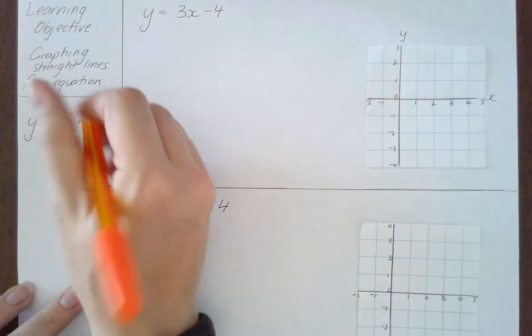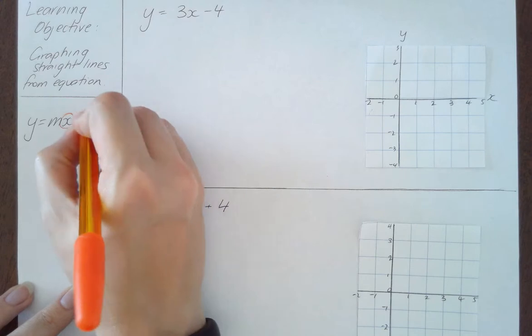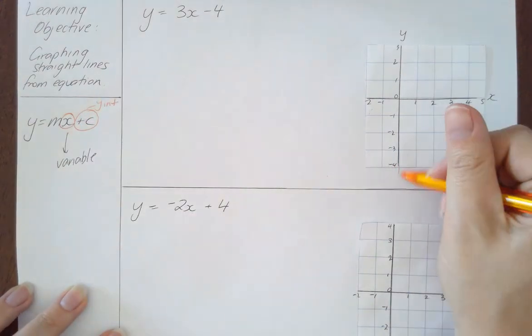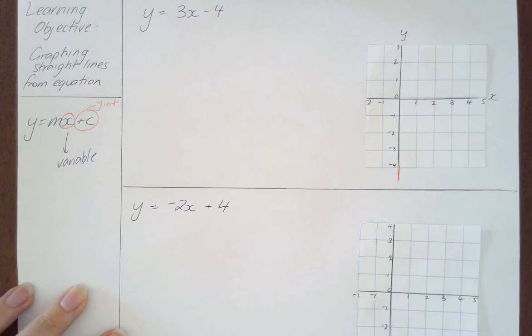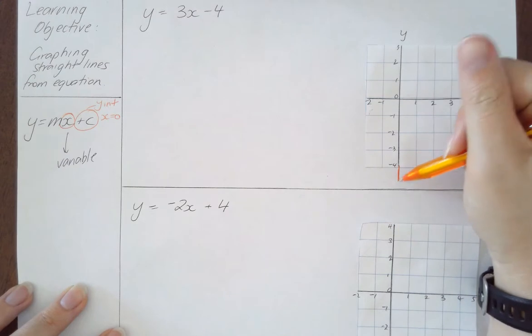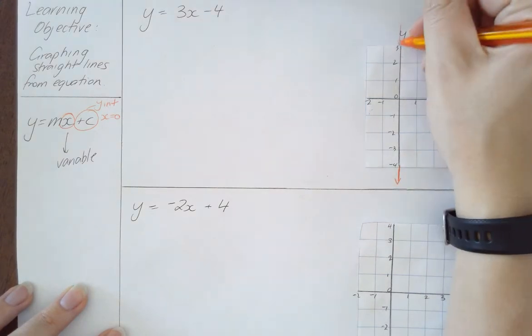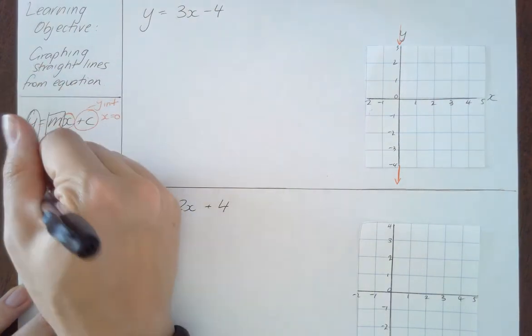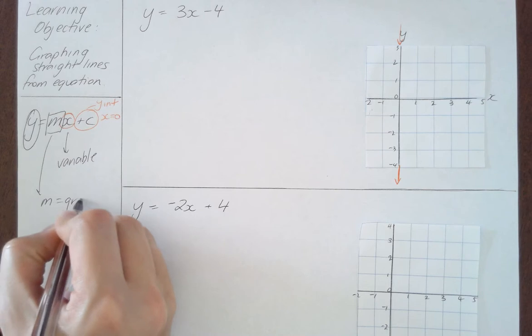Now this c value is our y-intercept. It is where the line runs into this y-axis, okay? Every single line will be running into it at a different point. The y-intercept is when x equals 0, so it will always be on this line somewhere. The y value will change as the x value changes, and this m value equals the gradient,